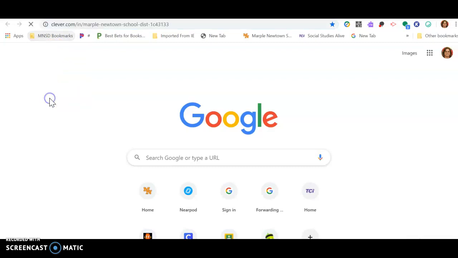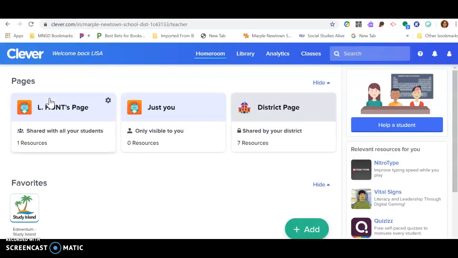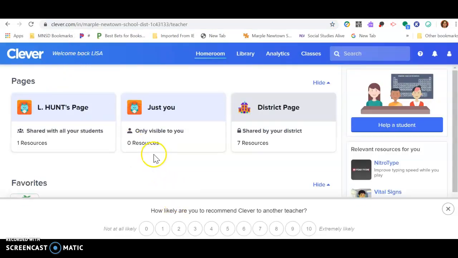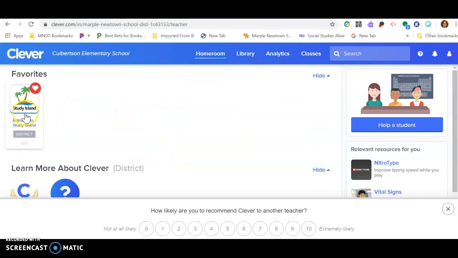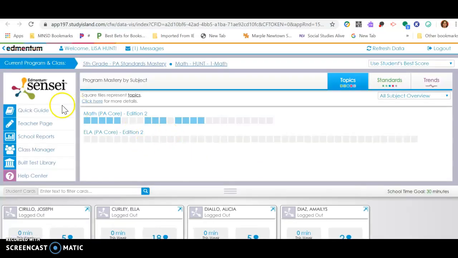It's going to take you to that Clever login page. What you want to do is scroll down until you find Study Island. I'm going to click it. It's going to come up as my teacher page, but what you'll see is assignments. So you'll see Edmentum, and then you want to log in until you see